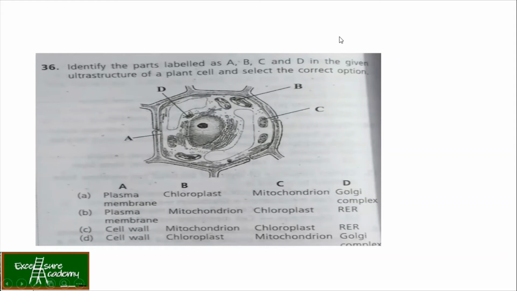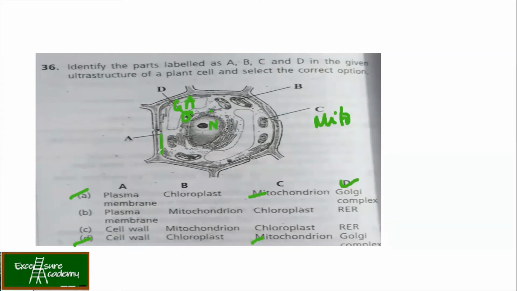We know that. So C is mitochondria. So we have got two options like this. Correct? So either A or D. Then we have got the option, they're asking D is what? So D is very much near to your nucleus. So this is nucleus, these are ER, and these are your Golgi apparatus. So now I know that D is Golgi apparatus, A is the plasma membrane.